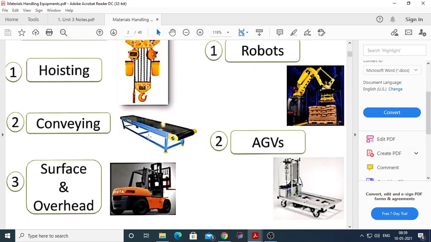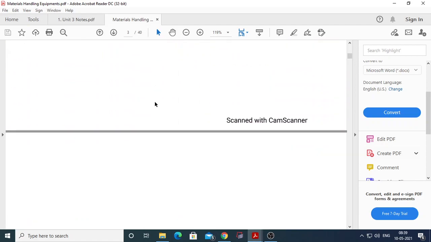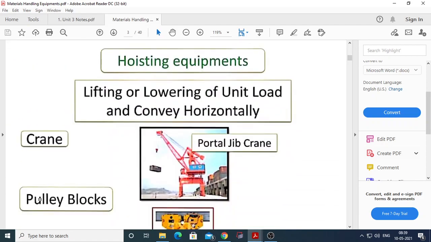You know the hoisting equipment. That hoisting equipment comes under different types of hoisting machines, cranes, and elevators. Okay, we'll see one by one. Hoisting equipment, again see that there is a hoisting machine. We can say the different types of jacks, pulleys, portable hand hoist, traveling power operated hoist. Okay, they are used under the hoisting machine.